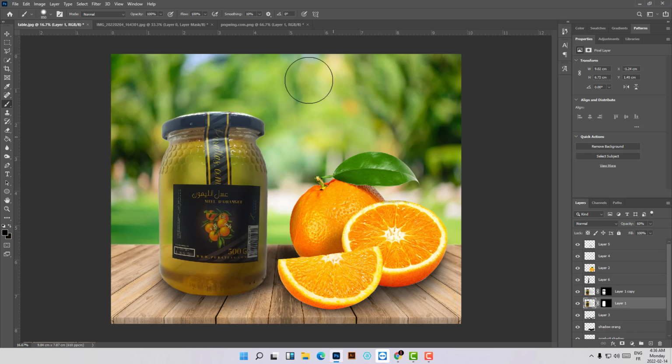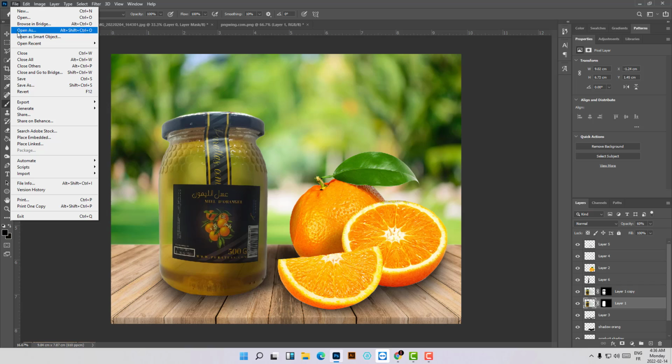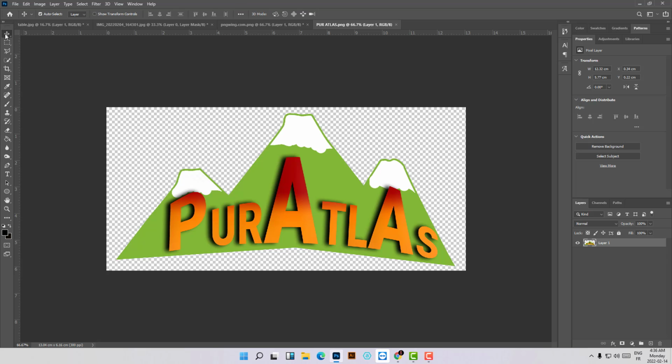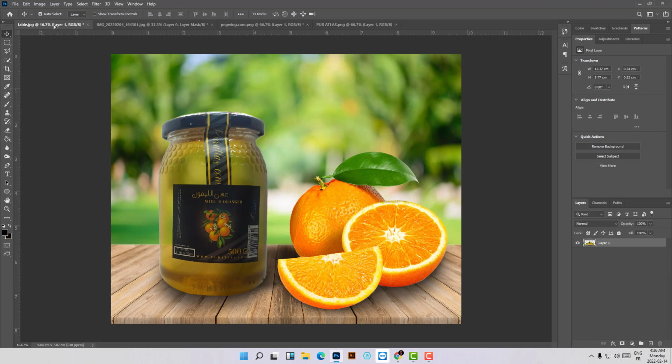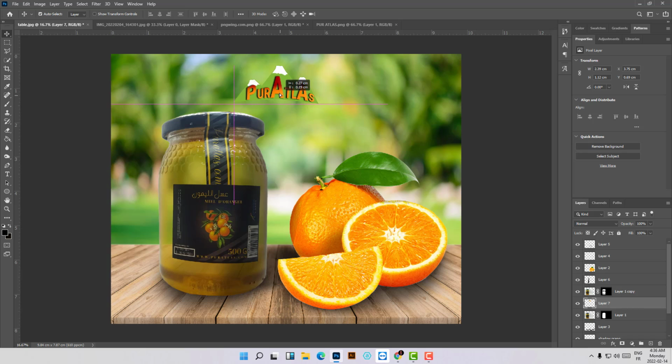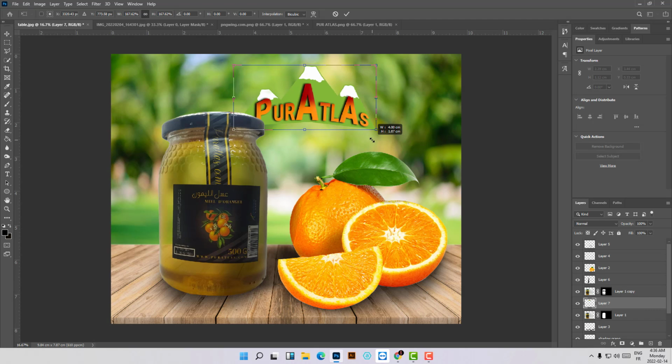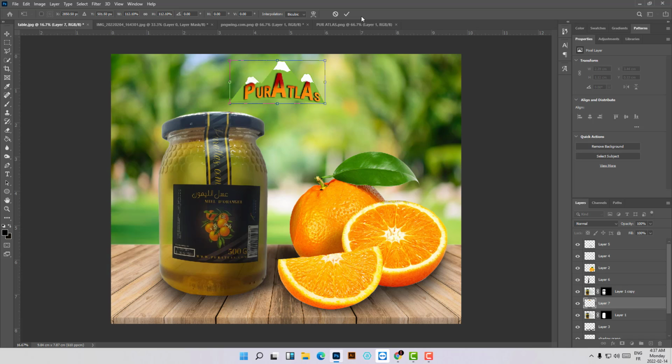So the last thing that you can add is your logo. For example, let's add our logo. So here is the logo. Let's drag and drop, and let's adjust the logo again, Control T, and adjust this logo like this. Let's make the logo on the top, and as you can see the green and the green,